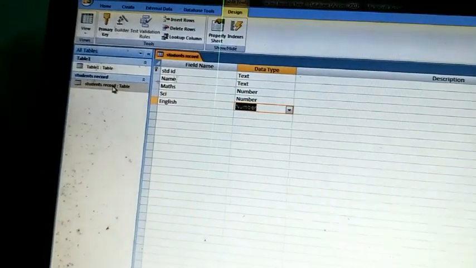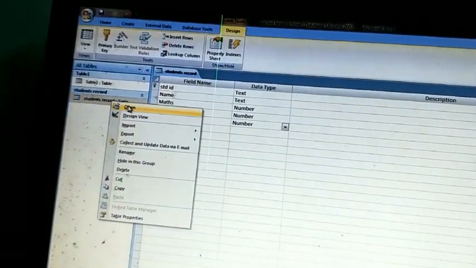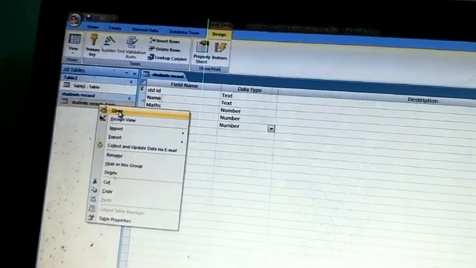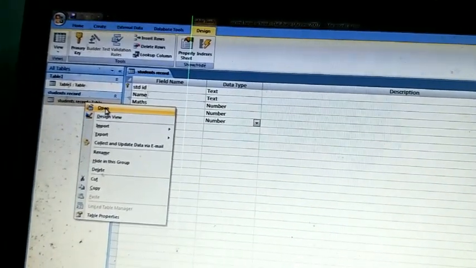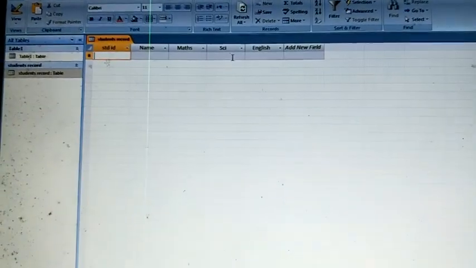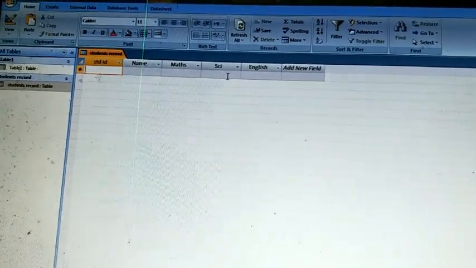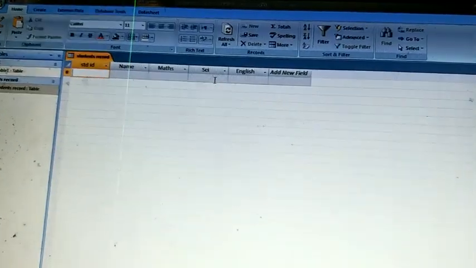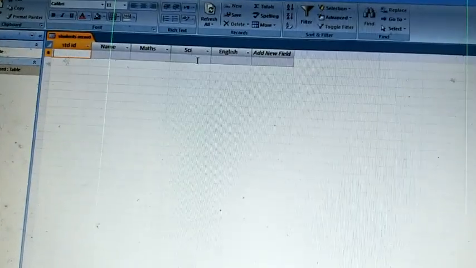Now I'm going to enter a few records of the students, so you will choose datasheet view. By default, when you click on the open button, datasheet view will open. So you will open datasheet view for entering the records of the students. In design view, you will edit the field names and their data types.